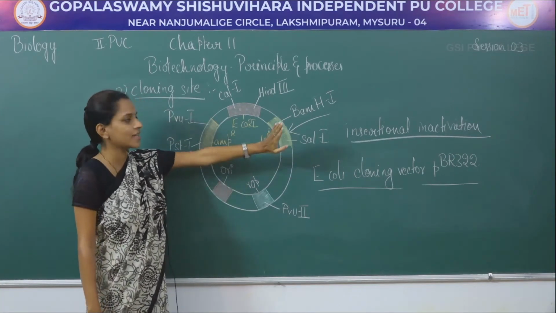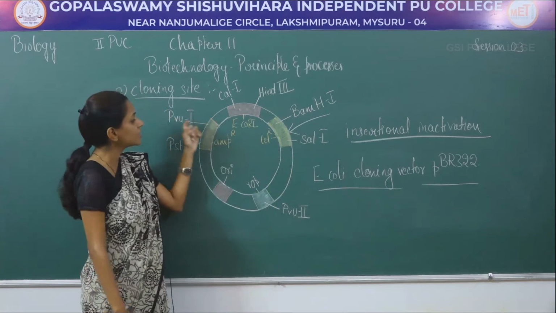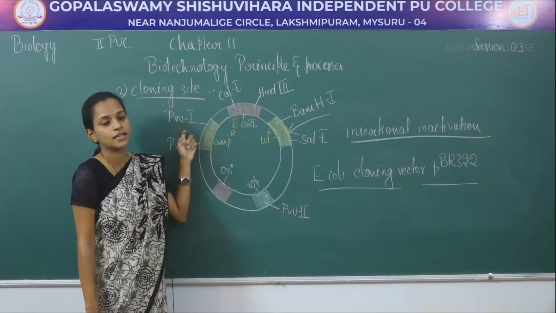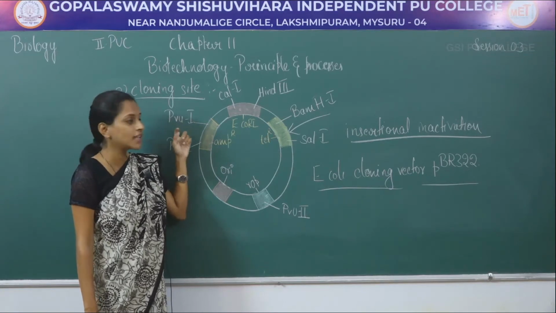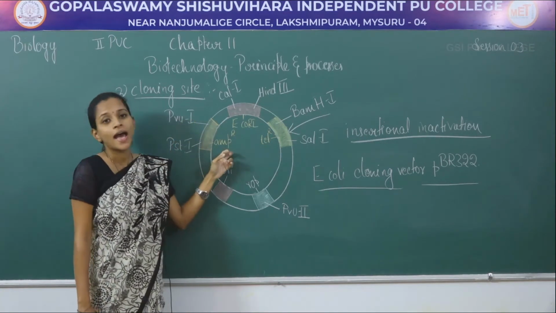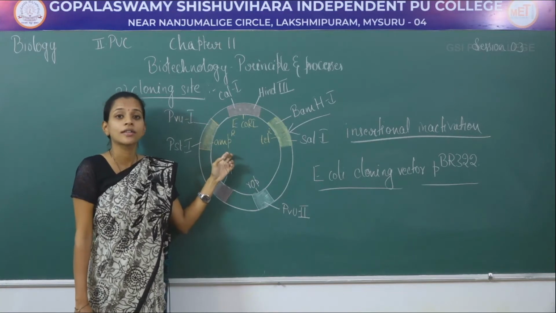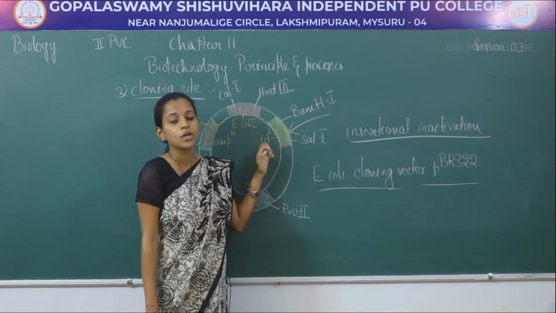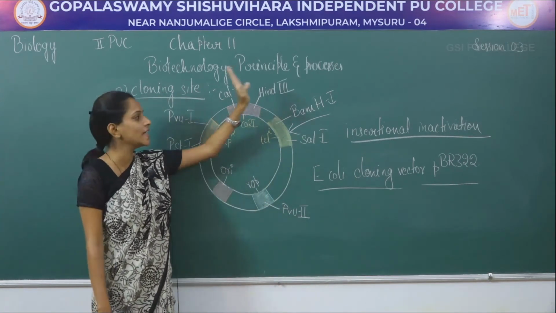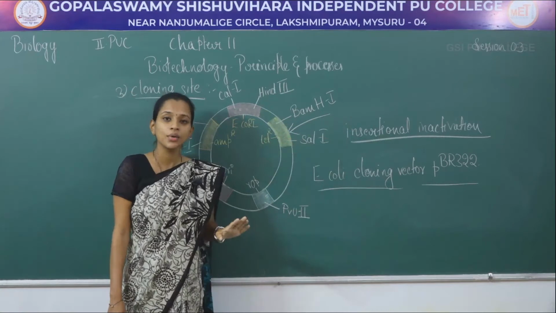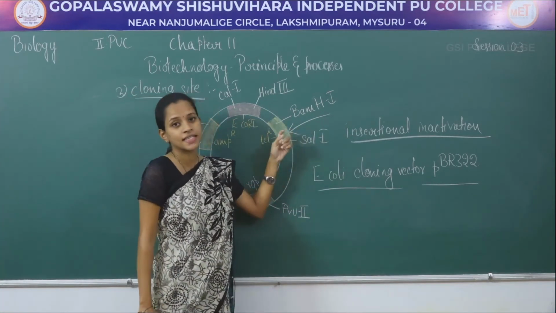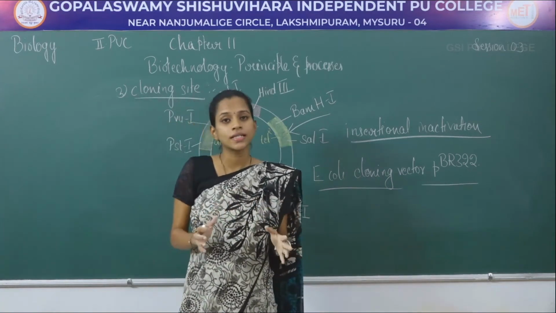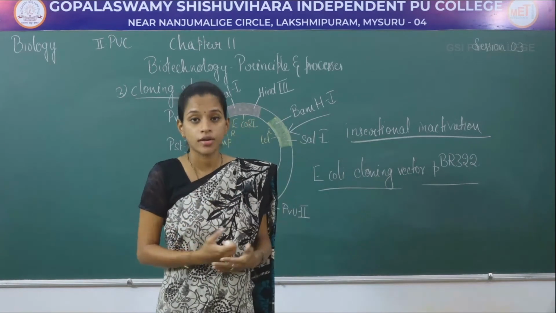If the insertion is not made in tetracycline but is made in ampicillin, here the insertional inactivation will be restricted to this ampicillin. So here they will not resist ampicillin, but they have the ability to resist the tetracycline. So wherever there is insertion, it leads to insertional inactivation, and it leads to formation of transformants, and wherever there is no insertion, it leads to formation of a non-transformant.